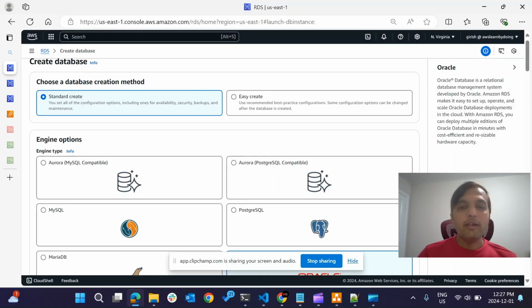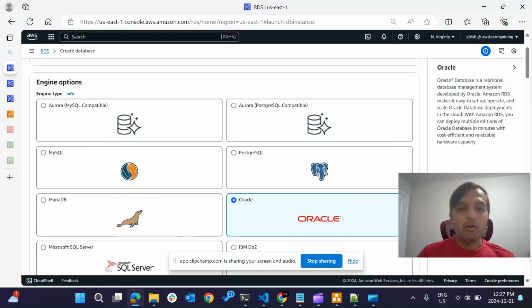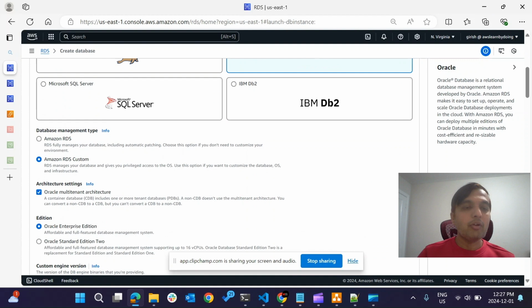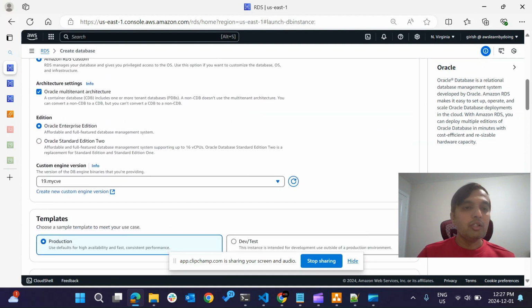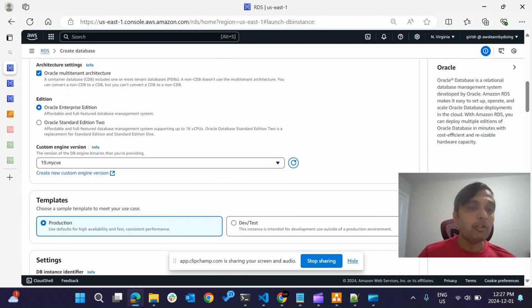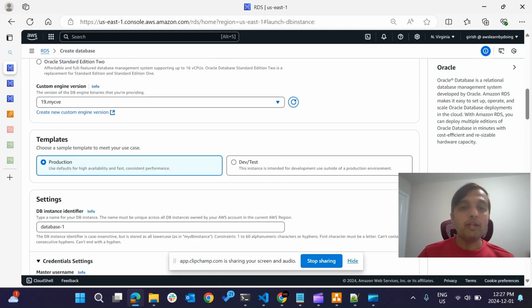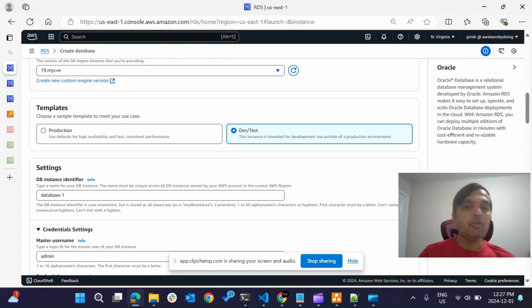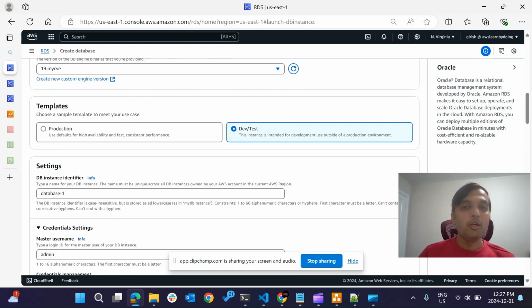So we'll go ahead and create a database, Oracle database, then Amazon RDS Custom. Then you can see that the CEV engine is selected, my CEV. I made some spelling mistake it looks like, but it should be my CEV. And then choose Dev for our demo. But depending on your situation, you can choose either of these. For me, it's